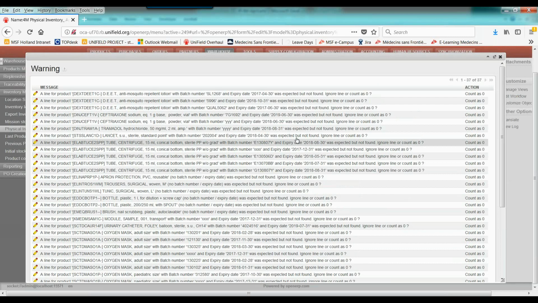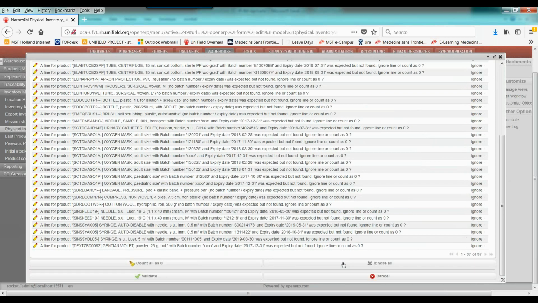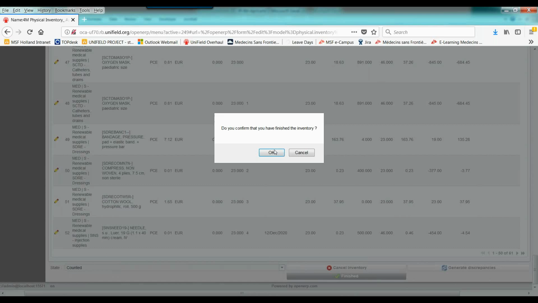That means it will come and it will say this batch number and this expiry date, I am going to count it as 0. I can also say ignore everything. If I say ignore, go with the quantity that you think I should have there. So if I say ignore and validate, finish the inventory,